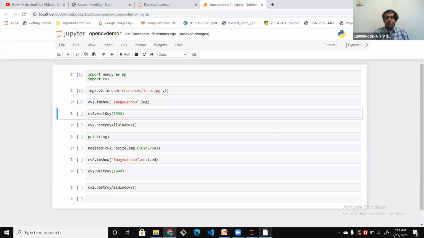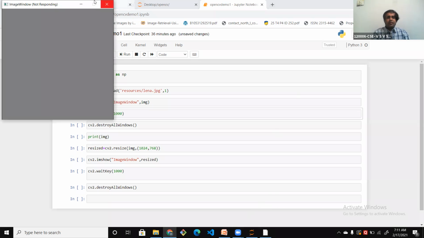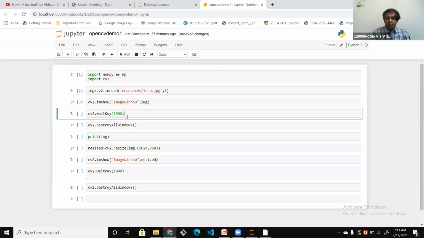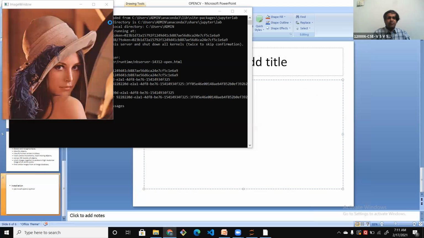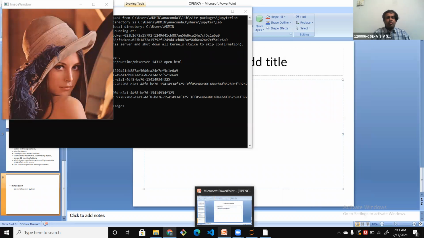See here, immediately a window has opened to display the image, but there is no image, because using imshow we will be able to display the image for only a few seconds. To stabilize it for longer periods of time, we use the command waitKey. Now, yes, we got the image. This is a 400 by 400 resolution image.